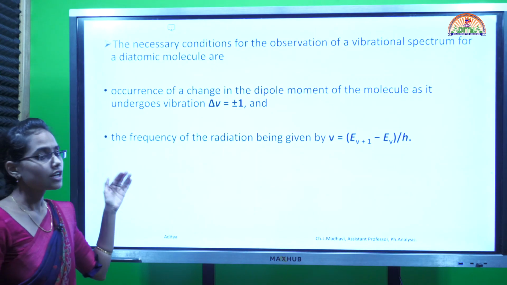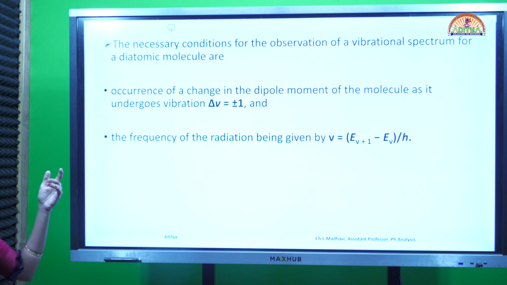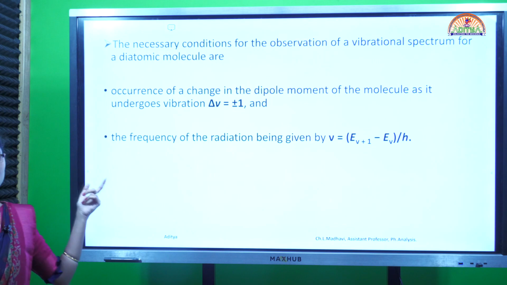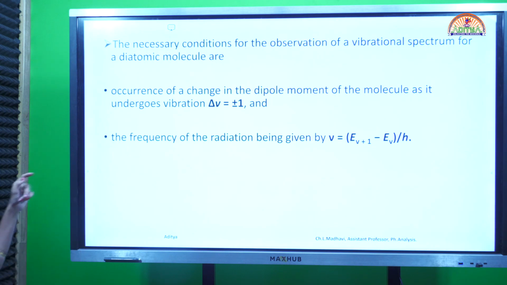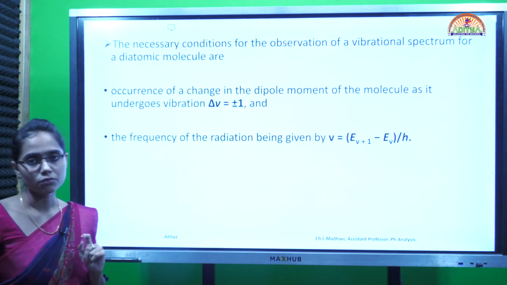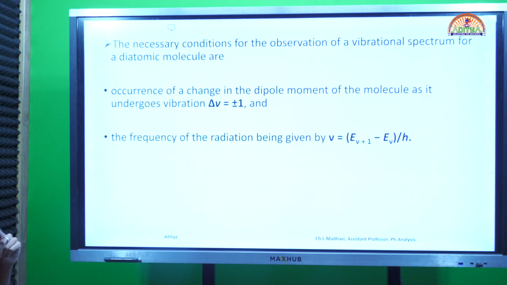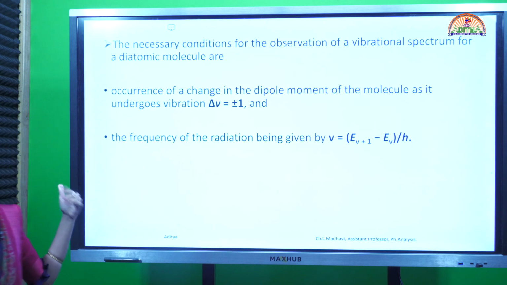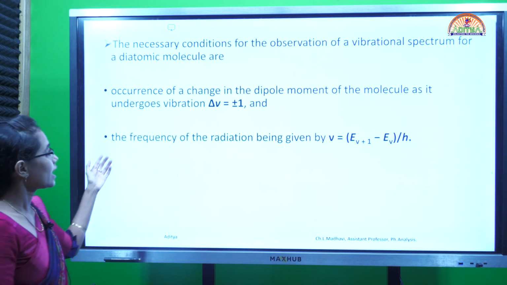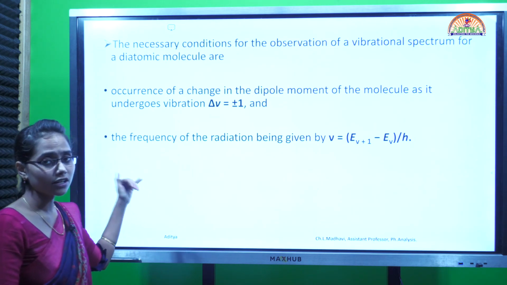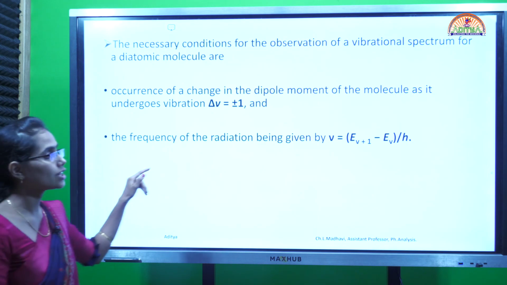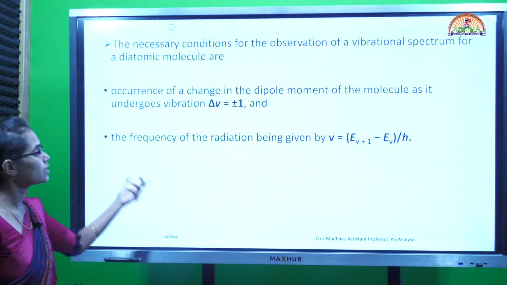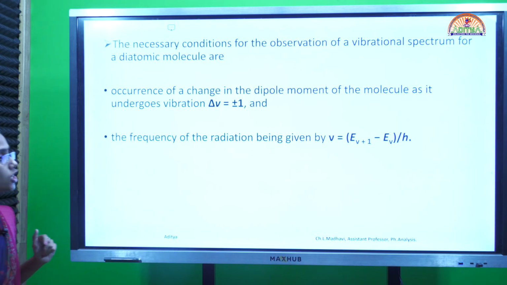Here let us see the necessary condition for a vibrational spectrum of a molecule. For a diatomic molecule to show a vibrational spectrum, there should be a change in dipole moment. Earlier the dipole moment was a constant value for the rigid system, but for the non-rigid system there should be a change in the dipole moment, because it is undergoing vibration with delta v equals plus or minus 1. And the frequency of the radiation is given by